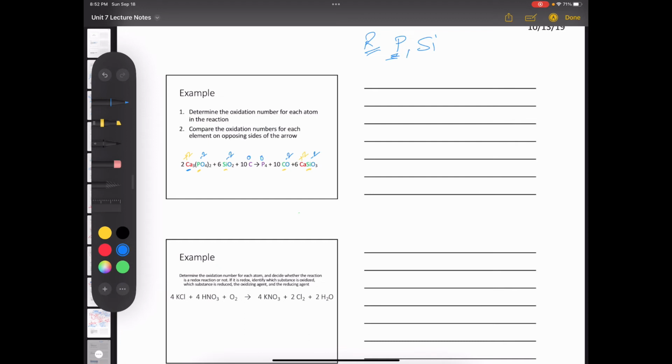In this case, I'm going to target the polyatomic ion. For the PO4, we know it is -3 all the time. It's a polyatomic ion. I'm trying to calculate the oxidation number for the phosphorus. So in this case, this will be X, referring to the oxidation number for the phosphorus, plus 4 times -2,